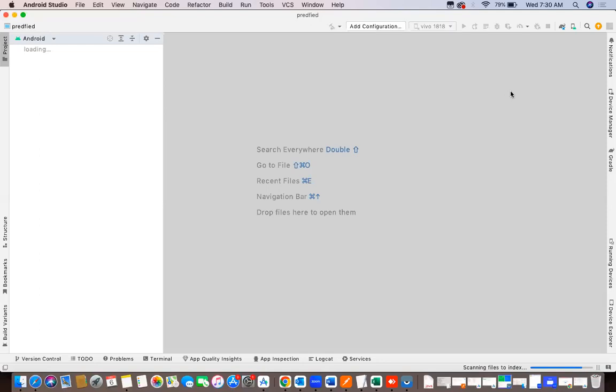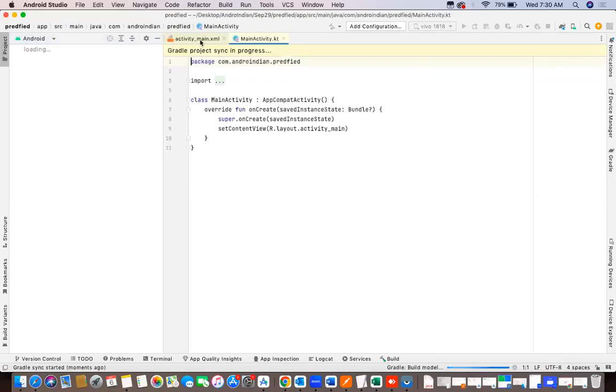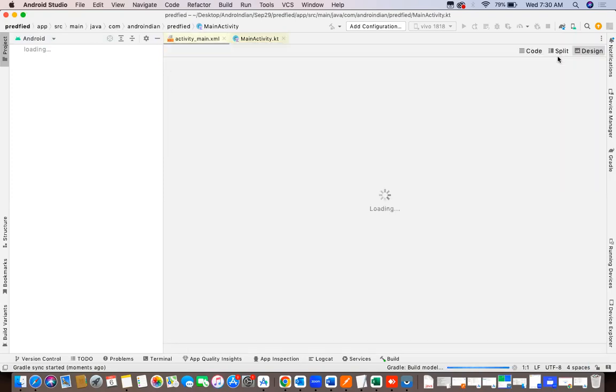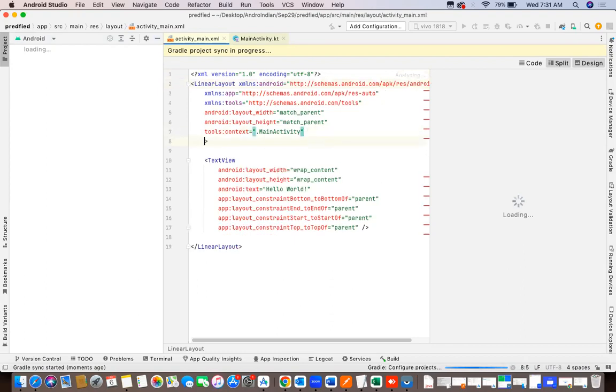The constraint layout I remove and change to a linear layout. And within this linear layout, I am taking the Android orientation equal to